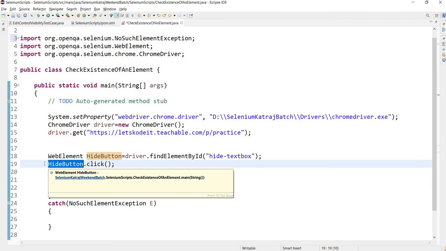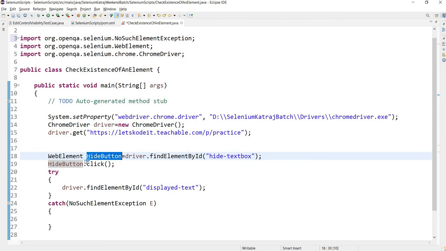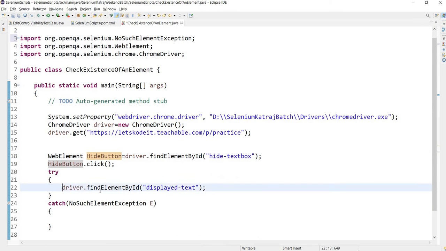So we are expecting this statement to return us an exception as we have now clicked on the hide button. Our execution would be like this: it will open the driver, open the URL, then our hide button would be found. We will get the scripting reference of it, and hide button dot click, the click will happen on that button, and this will get removed from the DOM. And here we will try to find that element which is not there in the DOM.